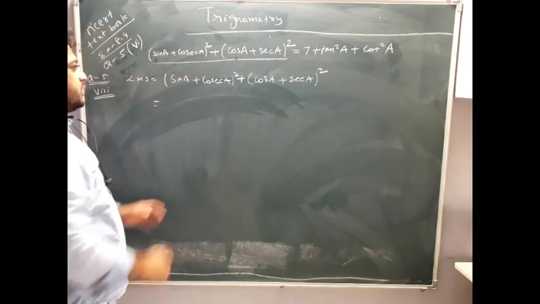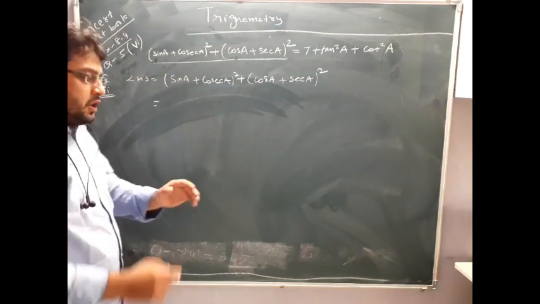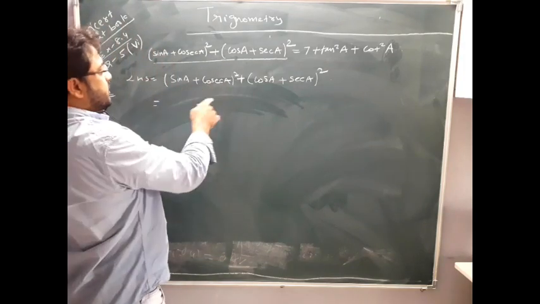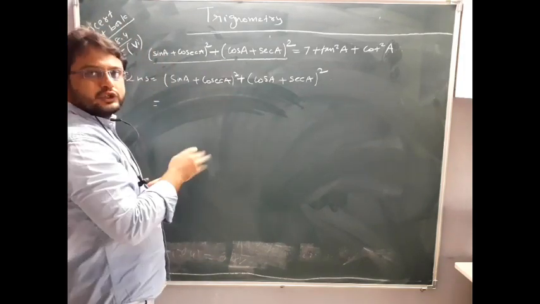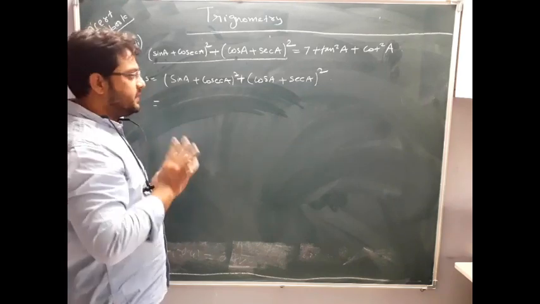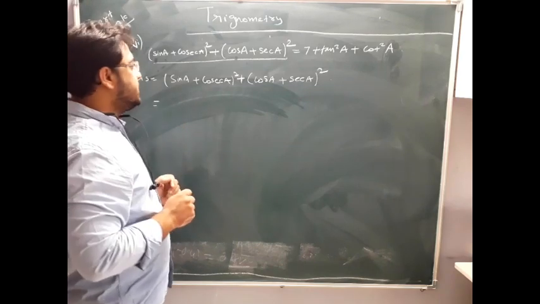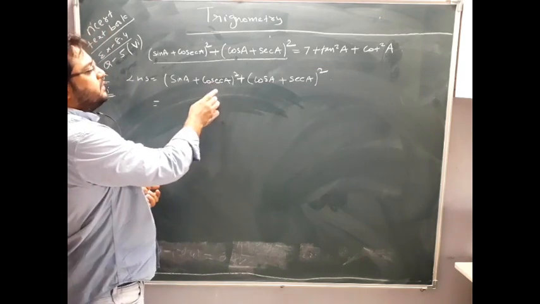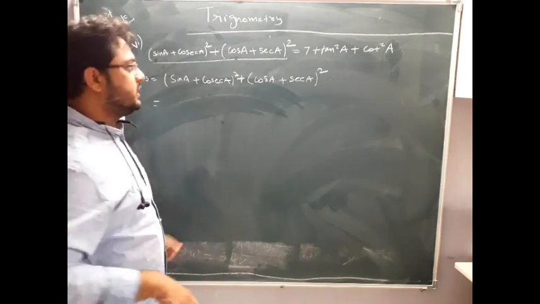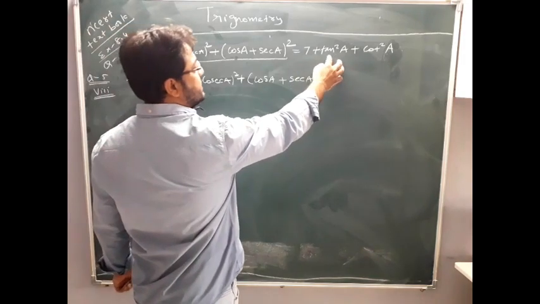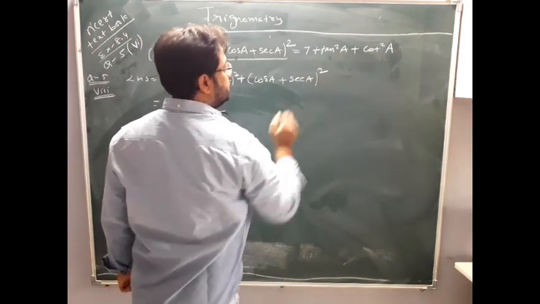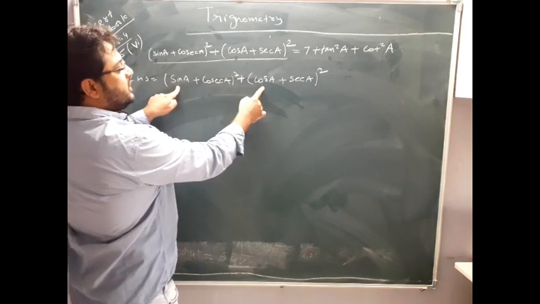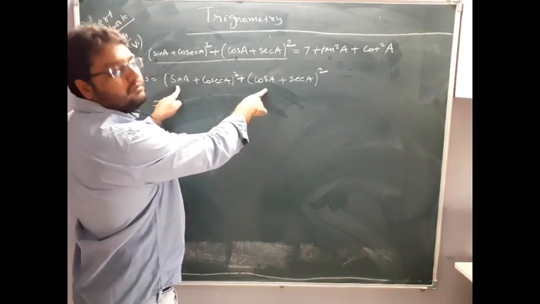Now see here, there are two methods here, or your mind will be working in two ways. First way, open the square, that is a plus b whole square, that is a square plus 2ab plus b square. This is the first mind which is working. Second mind working is what? This cosec A, you have to convert cosec A in terms of sine A. But see, you should not convert here. See the RHS part. RHS required is tan and cot. So here sine square will come, here cos square will come.